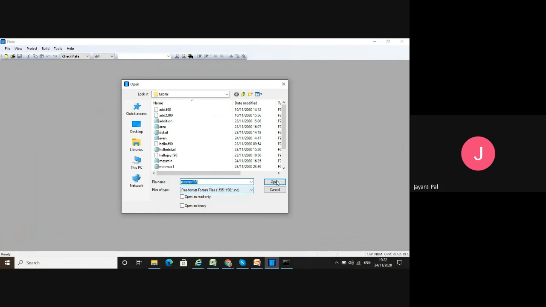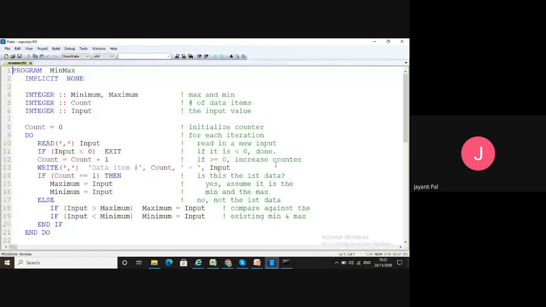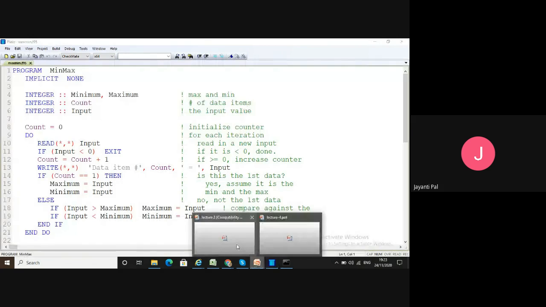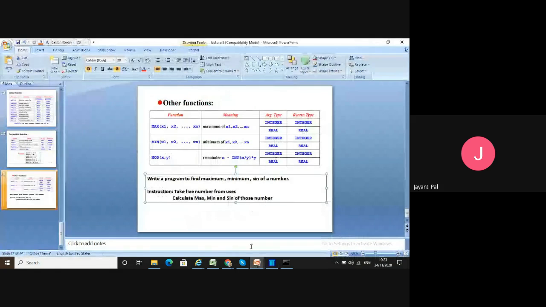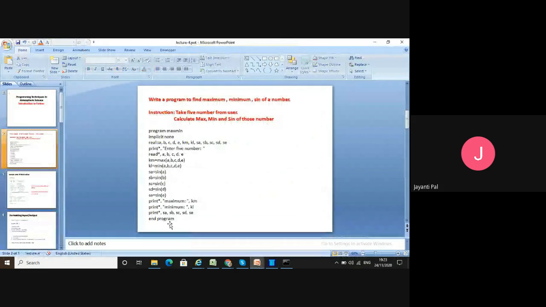Let's first see how this program runs and what the output looks like.